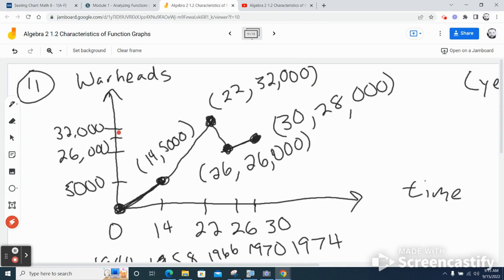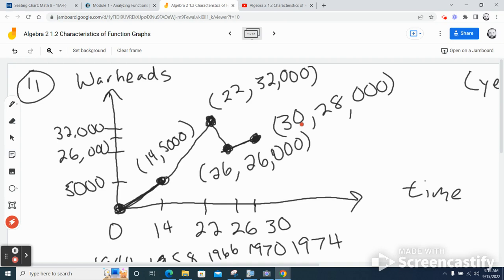So mine isn't drawn perfectly to scale, but it's way up higher. And you can sketch yours similar to this. So this point here is 22, 32. So the x value represents the number of years after 1944, and the y value, or f of x, or in this case w of t, represents the number of warheads. Okay? So then it goes on, and it says,